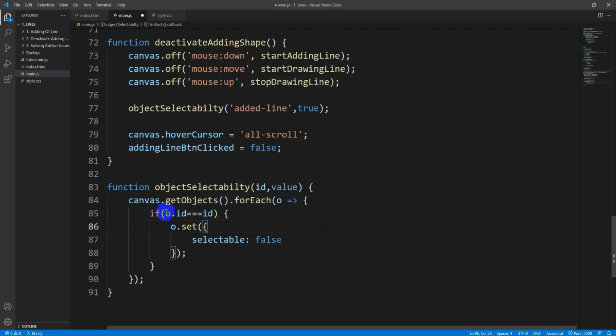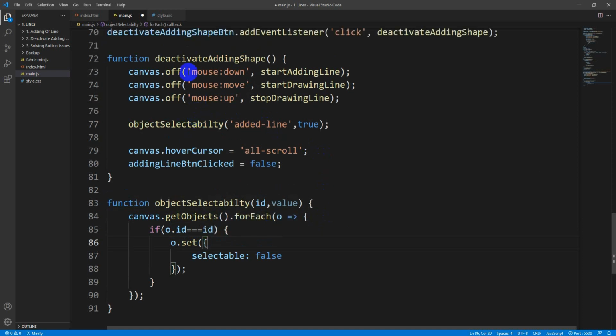So if O.ID equals ID, what does this mean? It means that for the deactivate button, if I have an ID of added line, this added line would replace this ID over here. So we will only be referring to objects that have the ID of added line.